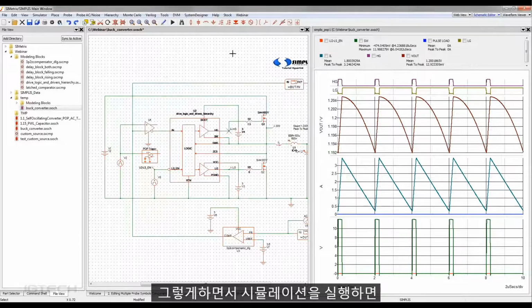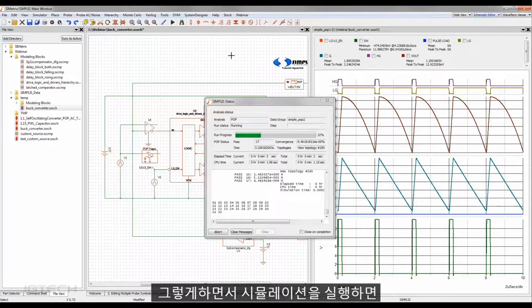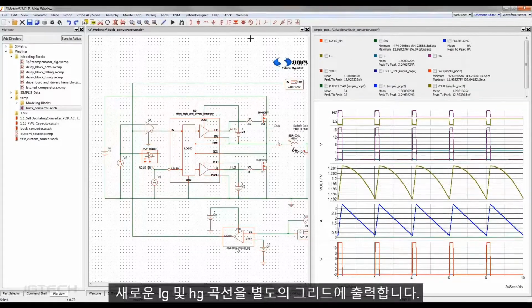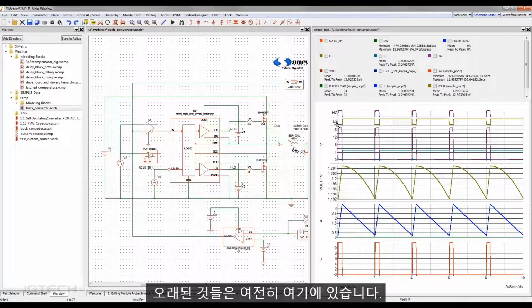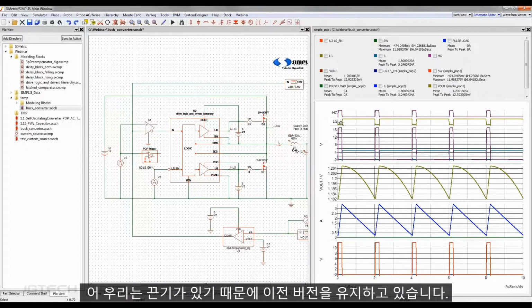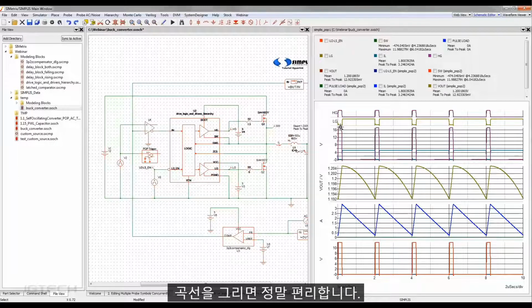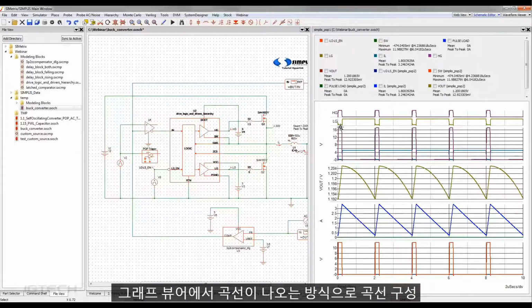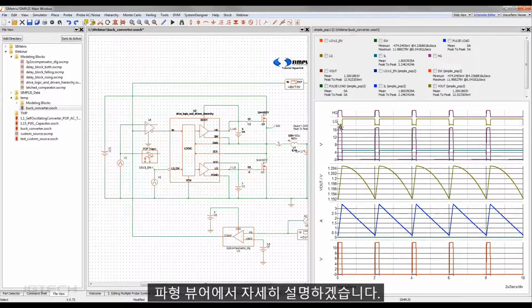So in doing so, if I run the simulation, we'll output the new LG and HG curves to a separate grid. It's coming above vout. The old ones are still here just because we've got persistence, so we're keeping the old versions of those curves. So that's a really handy way to organize how you want your curves to come out on the graph viewer,